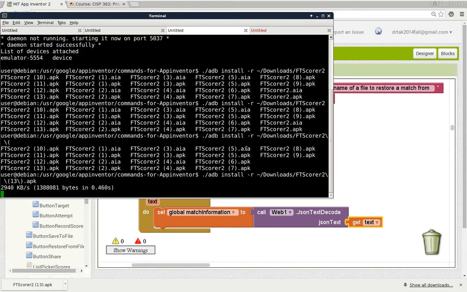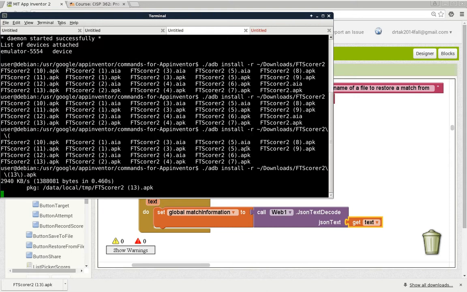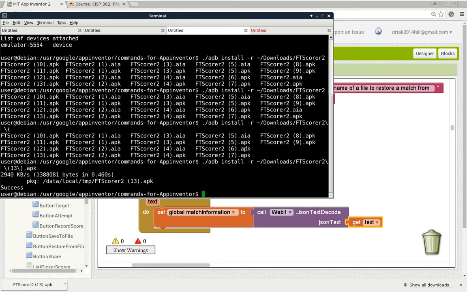There we go. And I think last time I saved the file already, so let's see if we can just restore from that file. The downside of doing this is if you forget the name of the file that you saved to, I don't